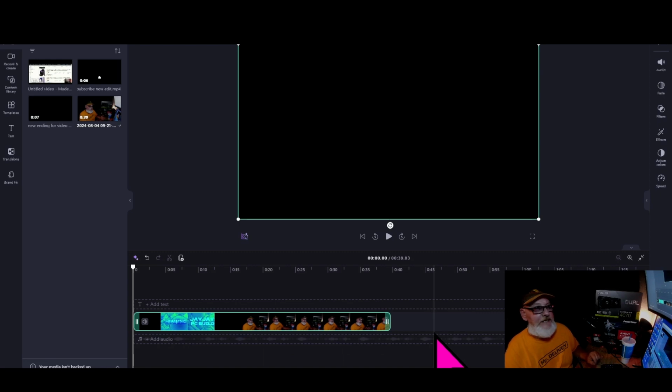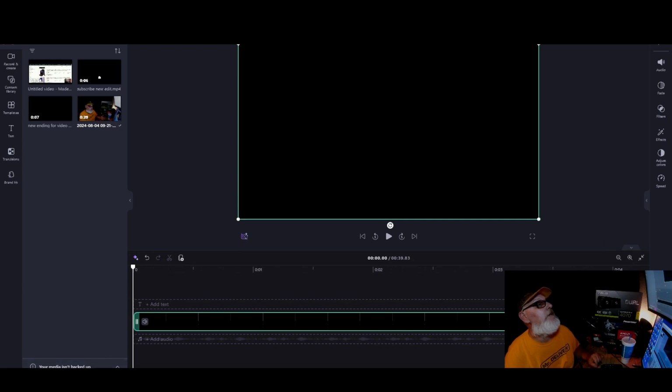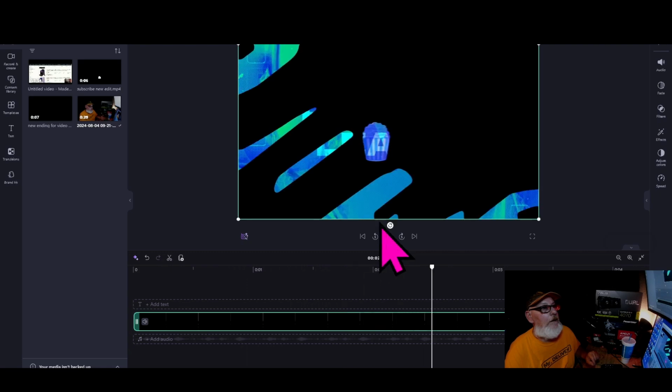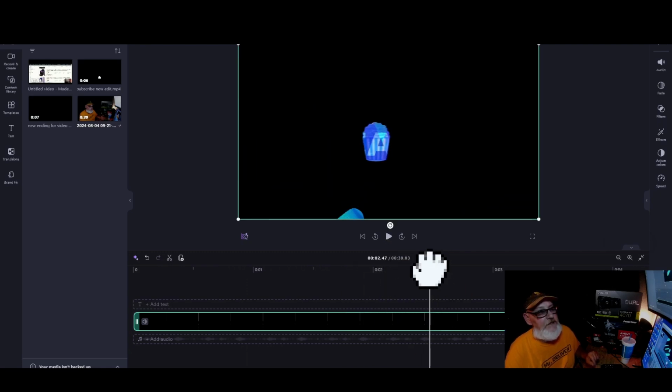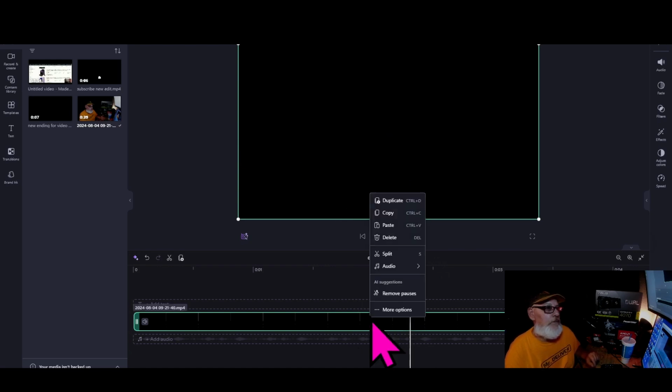Okay, so now we got the actual video. They got a little plus button right here. That's a zoom in button. I always zoom it in all the way down to right about there. That's about how big you want that bar. And then I'll play it. See how that's just right there? Right about there. Then I want to right click,